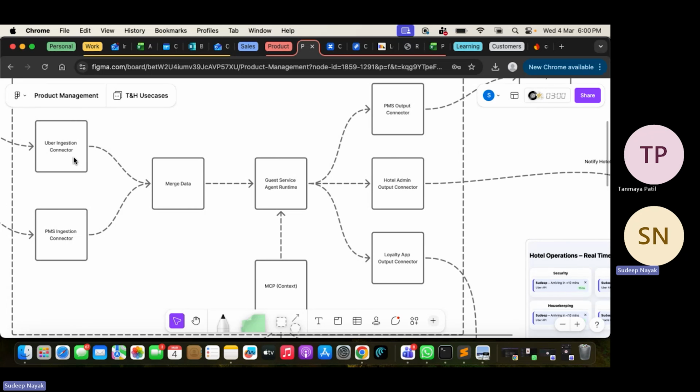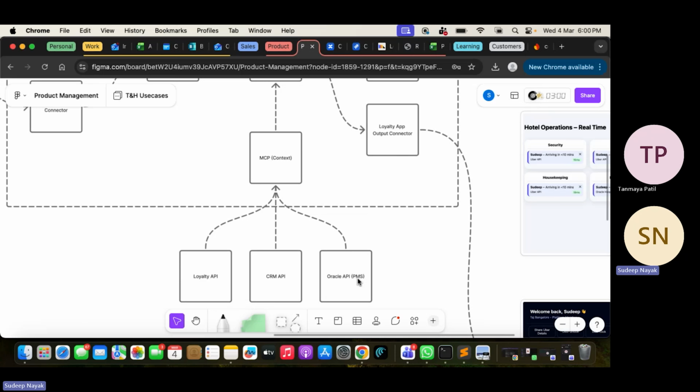Then we have something called a guest service agent. So this is the AI agent that is running on Condense, which will take this data point, fetch context via an MCP server. So this should be able to fetch context from the CRM of the hotel, which basically has data about that guest, some previous history and so on, and from the PMS as well. So PMS is property management system. So every hotel generally has a property management system which captures stuff like which guest is staying in what room, what are the kind of restaurants they visited, what was their bill, what did they order,